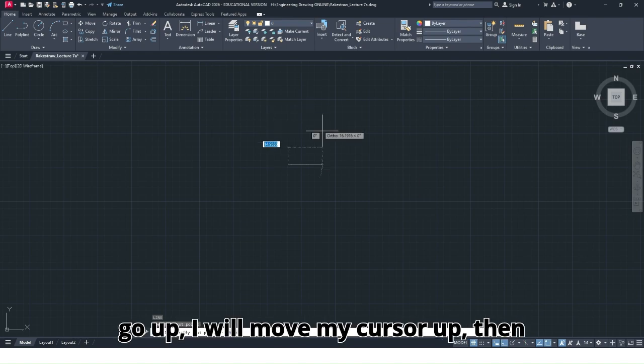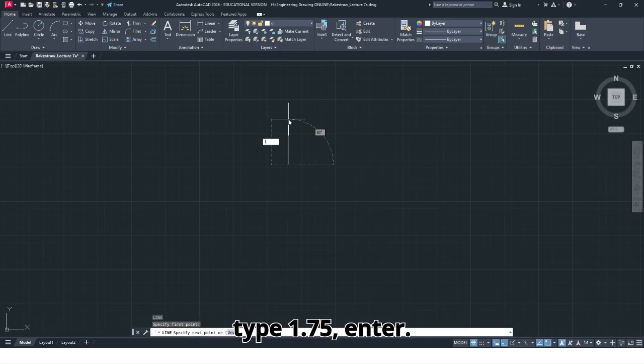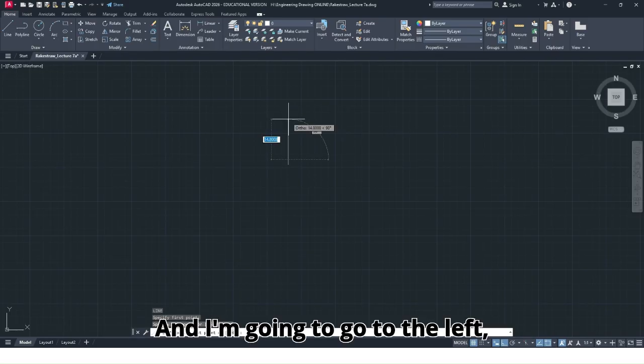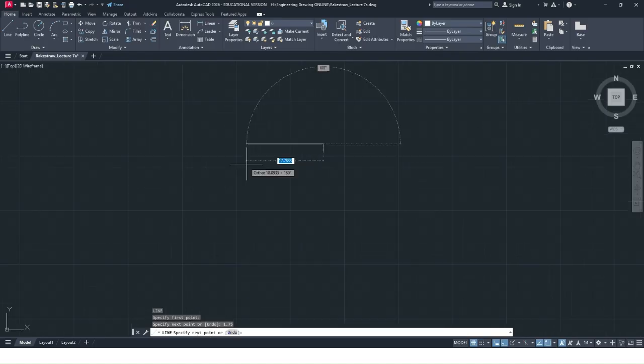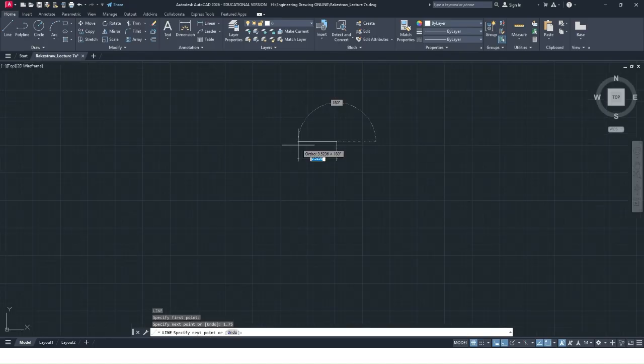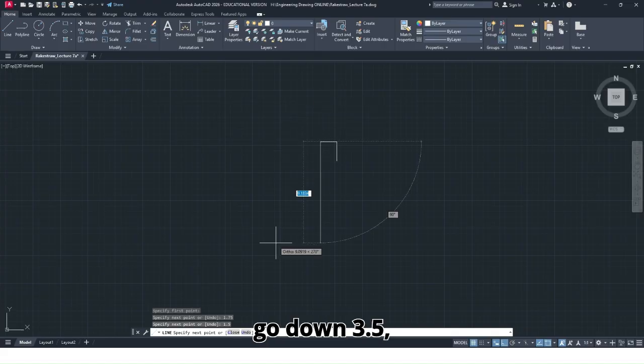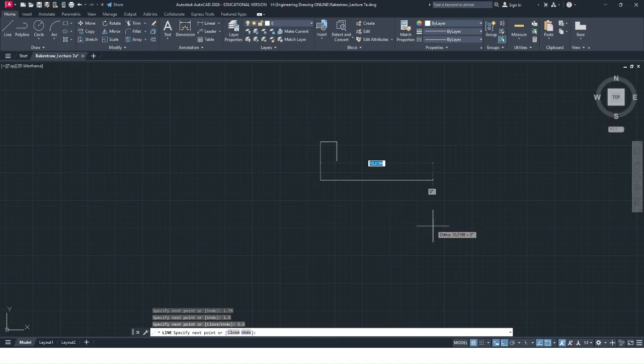In order to go up, I will move my cursor up, then type 1.75, Enter. Then I'm going to go to the left 1.5, go down 3.5, to the right 6,